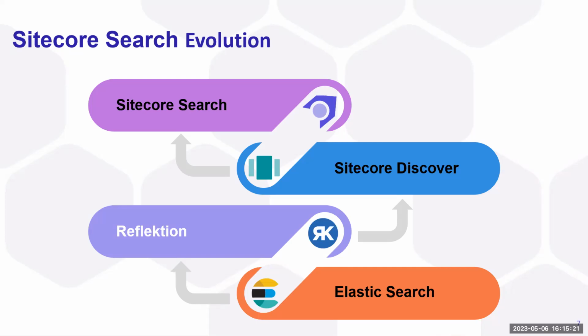As we mentioned, Sitecore Discover was focused on the e-commerce platform, where it makes product search easier. Then Sitecore evolved the Sitecore Discover product itself to provide a more generic search and rebranded it as Sitecore Search. So this evolution of Sitecore Search capability has enabled organizations to deliver more relevant and personalized experiences